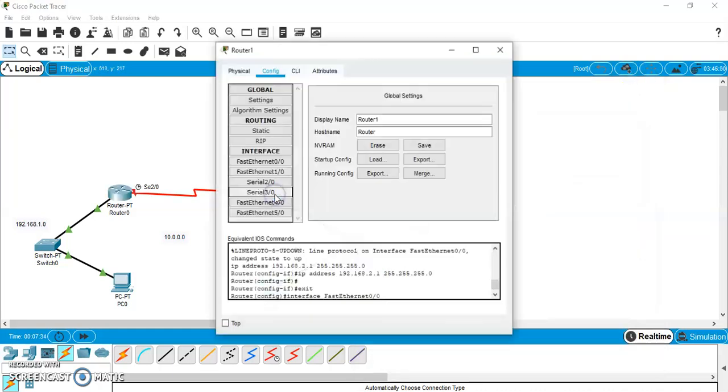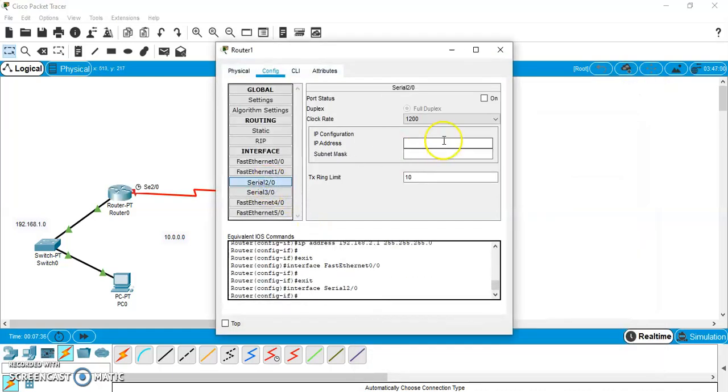And regarding this Serial 20 again, here we need not set the timer because it is working as data terminal equipment and it should be on. And again we don't have any switch connected to it, so a default gateway won't come, but any IP address will come. We have used 0.2 for this, so for this we'll use 0.3 and the subnet mask will be 255.0.0.0. I hope the point is clear.